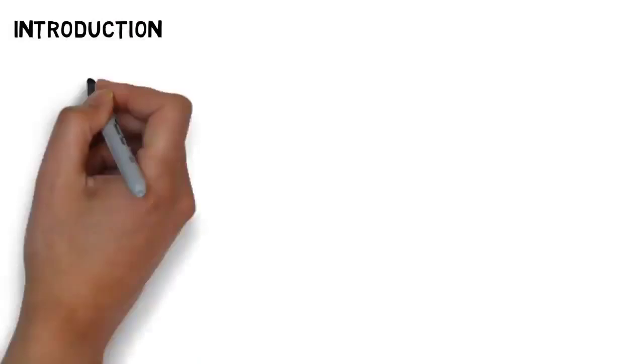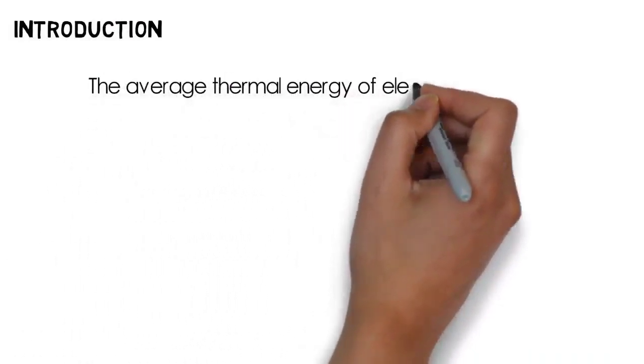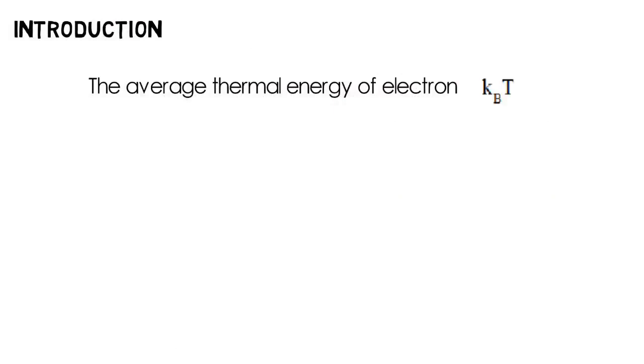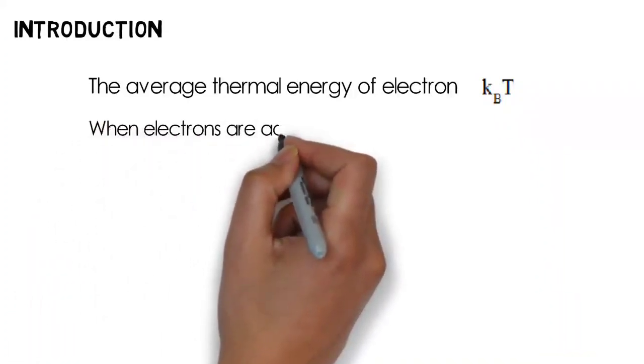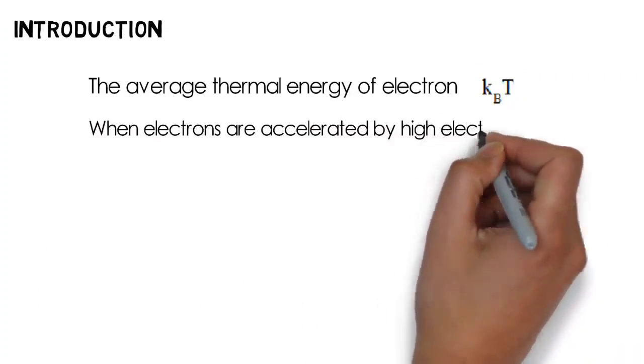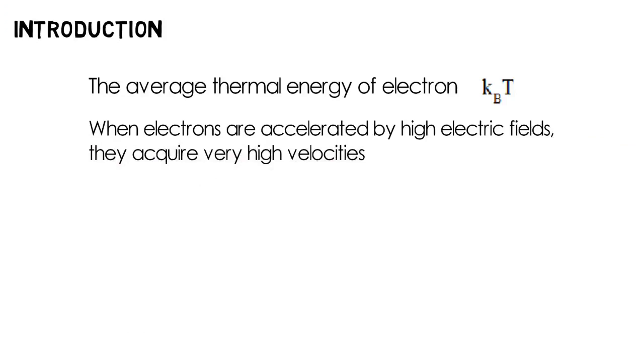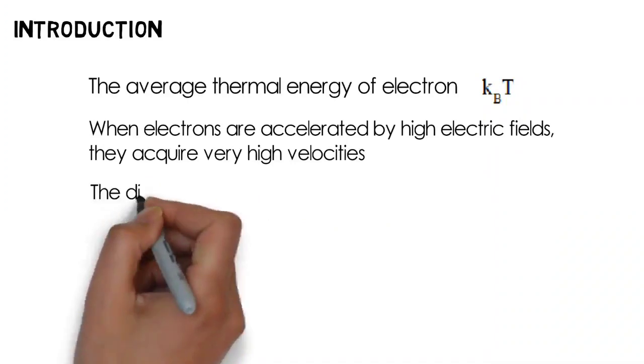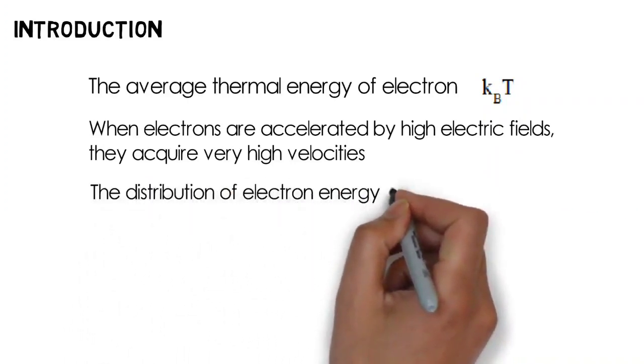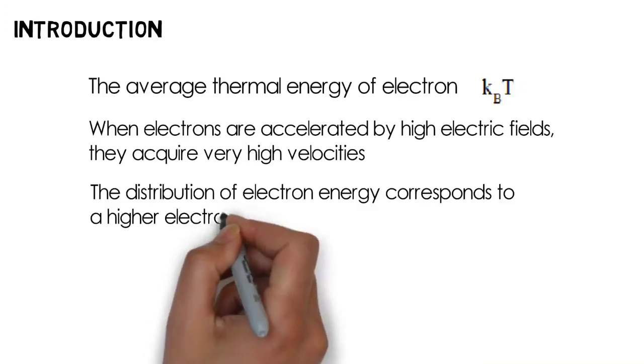We all know the average thermal energy of an electron is k_B T at thermal equilibrium. Then when you apply high electric fields, what will happen? These electrons get accelerated by the applied electric field and attain very high velocities, and these energized electrons are called hot electrons. The distribution of electron energy corresponds to a higher electron temperature,